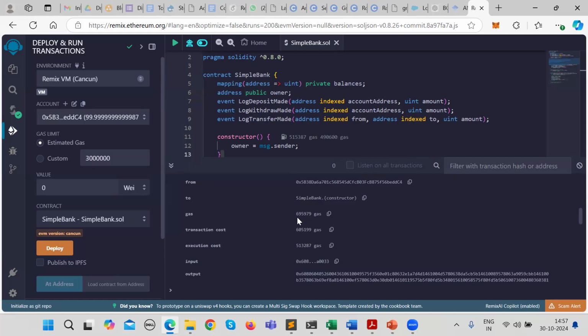The amount of gas, the cost that I talked about, that each transaction will cost you something if you're trying to change the blockchain state. That will be decided based on the gas unit.